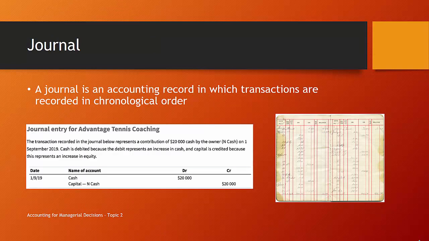But to touch on why that is, when we see it in the journal, we see this idea of debits and credits. And so again, we do touch on it, but it's not a huge part of what we do. It's far more important for the MPA type students and the accounting students. So we see the first